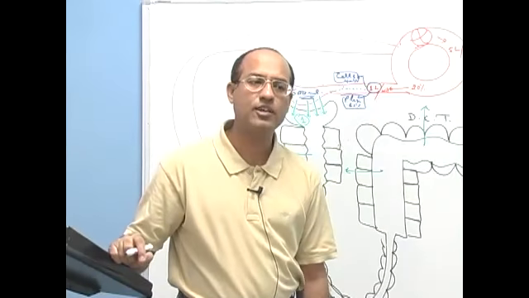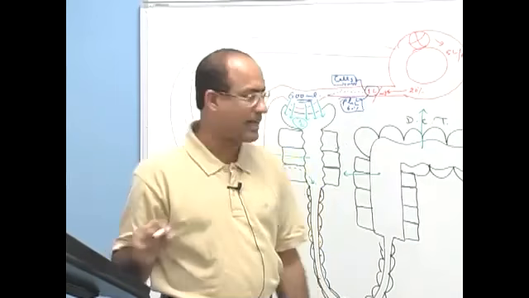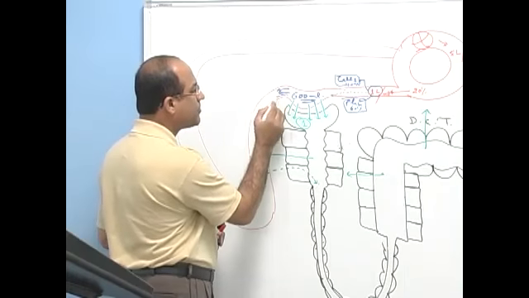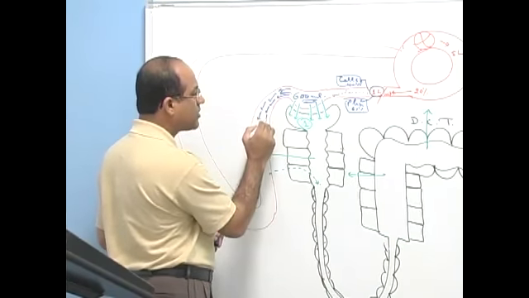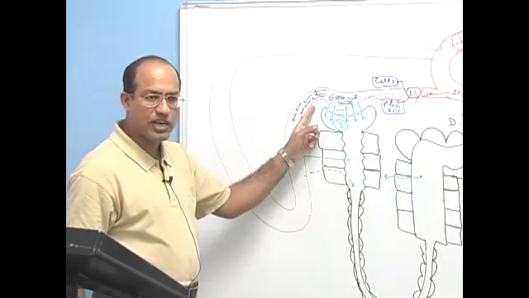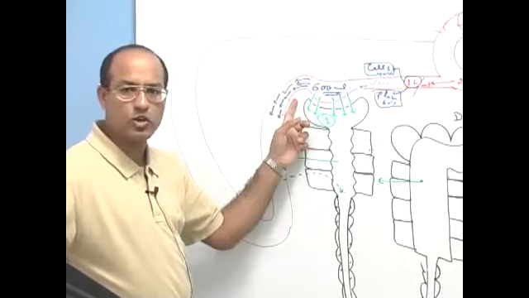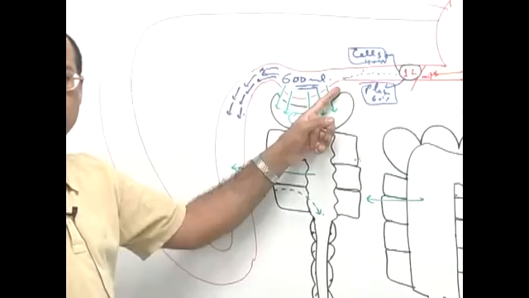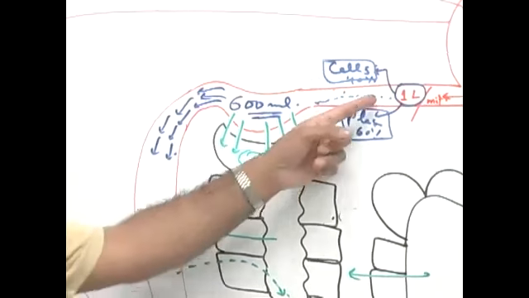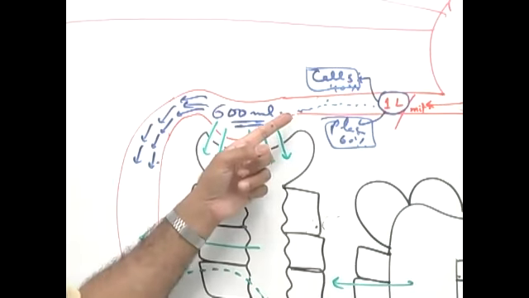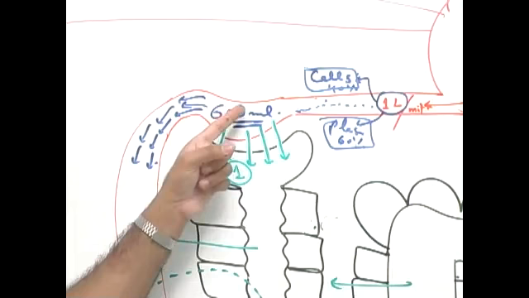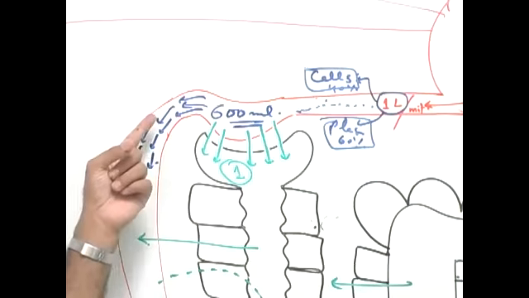Out of this, how much really filters out? Everything does not. Look, a part of it goes into Bowman capsule and the rest of it moves forward. This is the afferent arteriole. Here it is the efferent arteriole. We can say the afferent arteriole brings 1 liter of blood every minute to the glomeruli. Or we can say 60% of that blood, that is plasma, so afferent arterioles bring 600 ml plasma flow every minute to your glomeruli. Out of that, some is filtered and the other goes to the efferent arteriole,